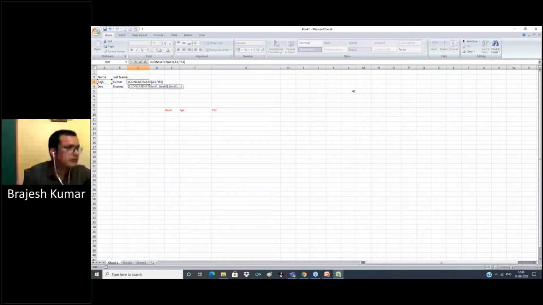Proper. Sometimes Dev Sharma is written in small letters. Now we want to display it in proper form so that anyone can look at it and it looks good. Equals PROPER. Now Dev Sharma is in proper form. D is capital, S is also capital.